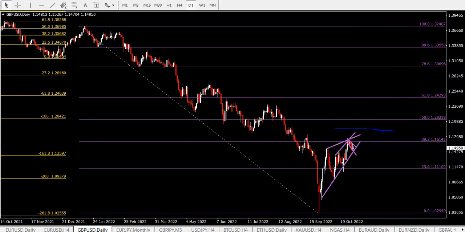Now, if it were to do something totally different and it starts breaking above 117.50, 118, then I would be viewing this a little bit differently. In that case, we've got space up to the 50 fib at 120, first of all. In that case, the uptrend is continuing on the lower time frames, and the flow momentum is up, not down. And if it goes up to the 50 fib at 120, well, it could still be a wave 4, but I would certainly need to see a very strong reaction at 120 to make me still trust this wave 4 analysis.